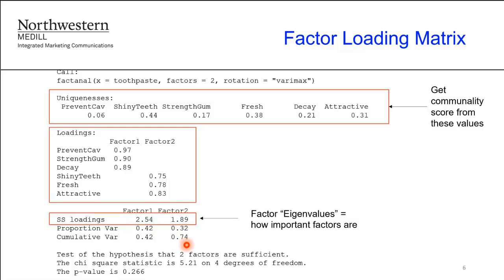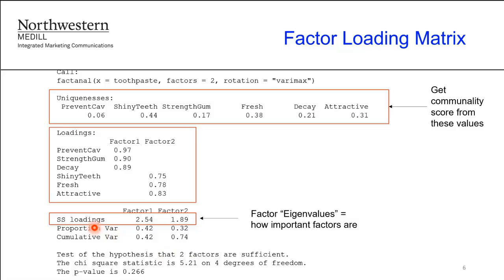If the cumulative variance is 50% or over, then you keep the factors around that. It looks good because the cumulative variance is over 50%. This is 74%. And going back to the eigenvalue,